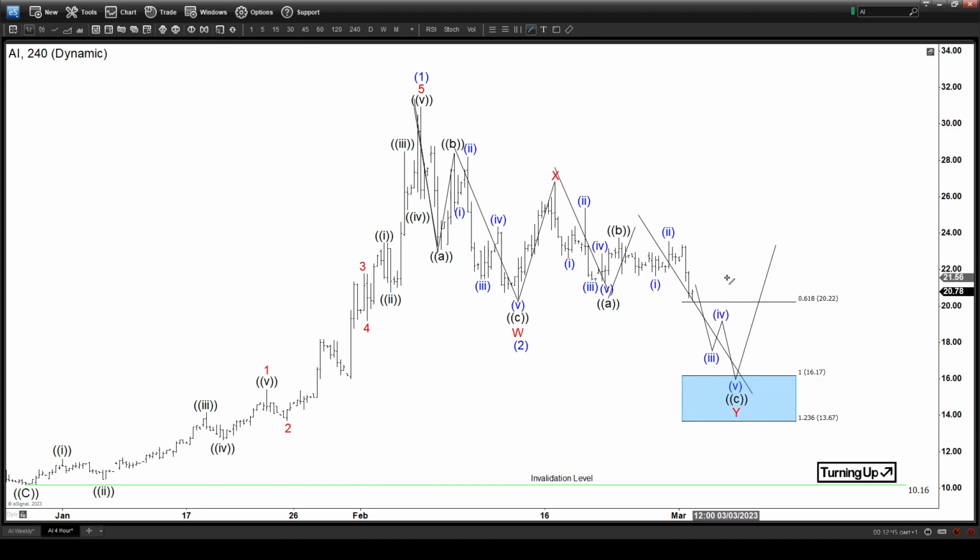Always make a plan about this type of structure, and then wait for the market to give you the opportunity. Don't try to chase it here. If the market managed to trade lower and give you this last leg to the downside to finish this corrective double 3 structure, WXY to the downside,